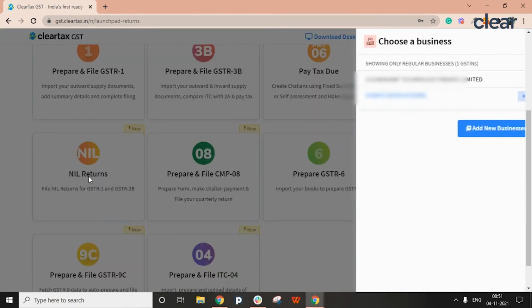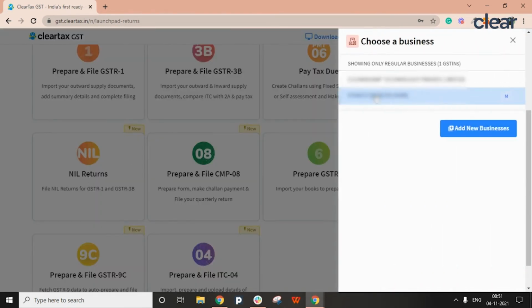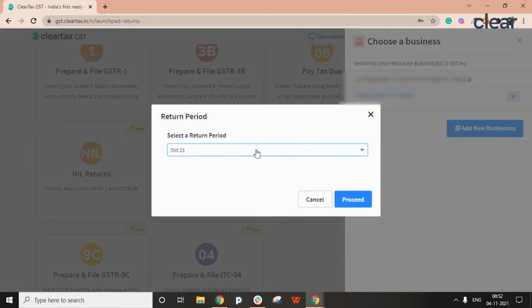Select the particular GSTIN for which you want to file a nil GSTR3B return. Similarly, you can add new businesses as well. I'm selecting the particular GSTIN. Thereafter, select the return period, the particular month or quarter for which you want to file a nil GSTR 3B return. Click on Proceed.